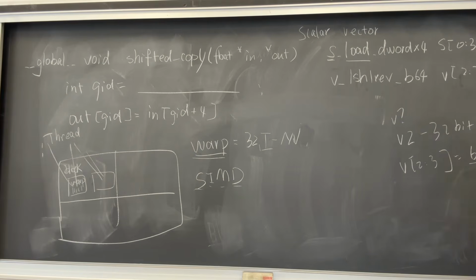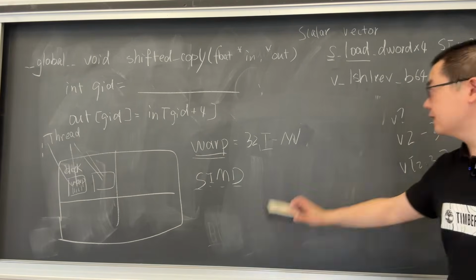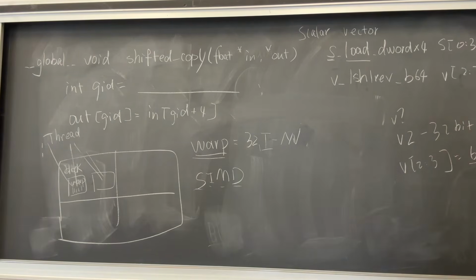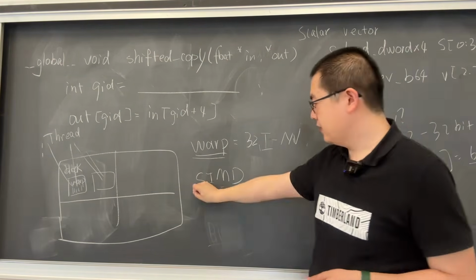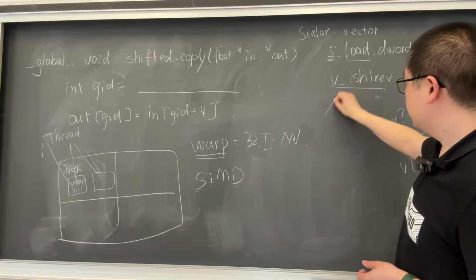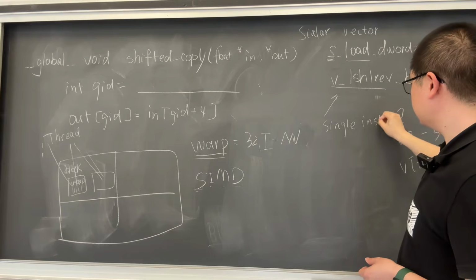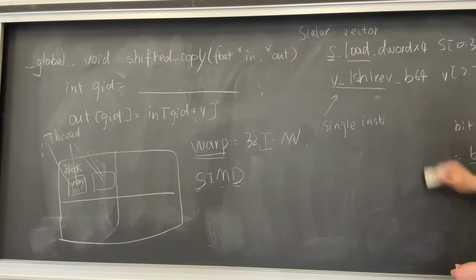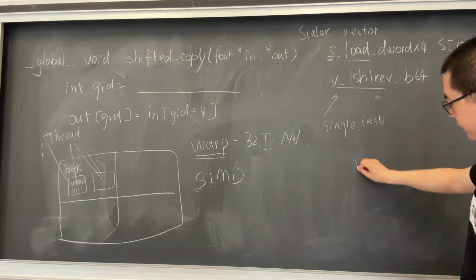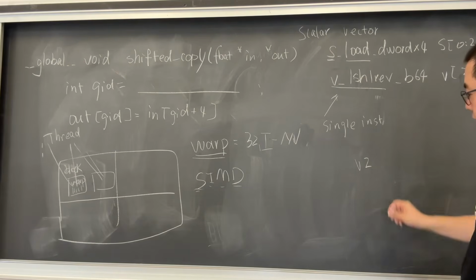Okay, shift left by 2 digits, that's multiplied by 4, right? So it's a multiply by 4 operation. But how many multiply by 4 operations did we actually calculate? Whenever this line is executed, since it's a SIMD instruction, a single instruction, then when we talk about V2 or V23,